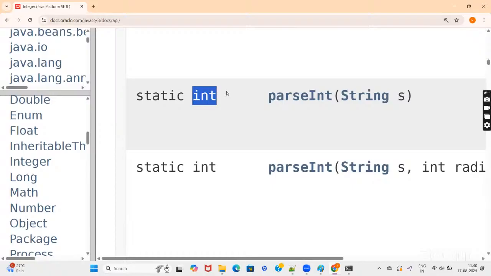Right. So what is the method name? parseInt is the method name. So the parameter is string. Return type is integer. Which is a static method. Static method means class name or object name. So class name. What is the class name? Integer. So Integer dot